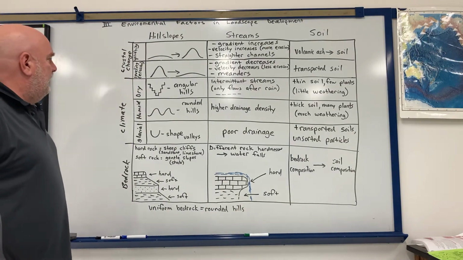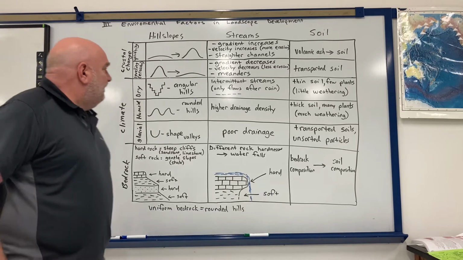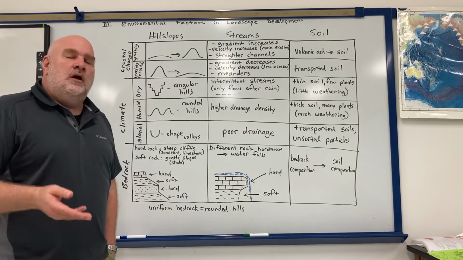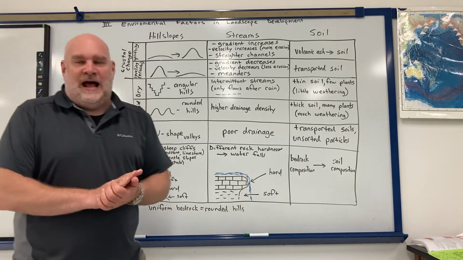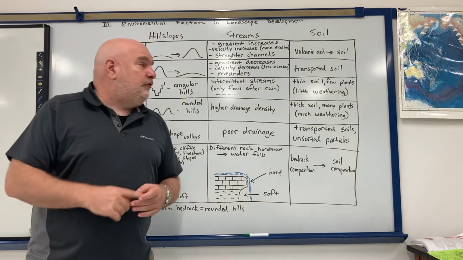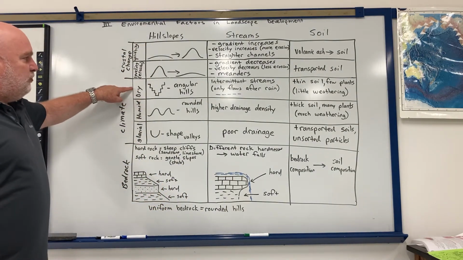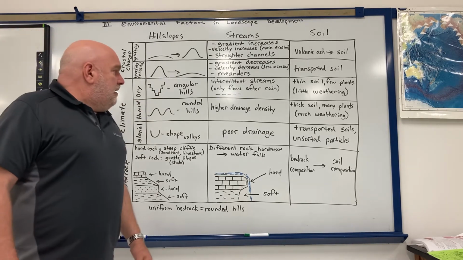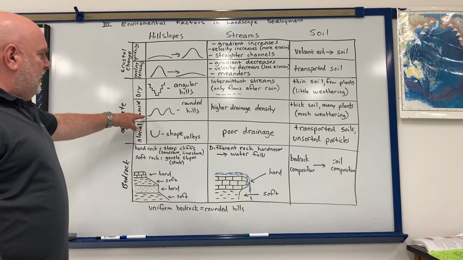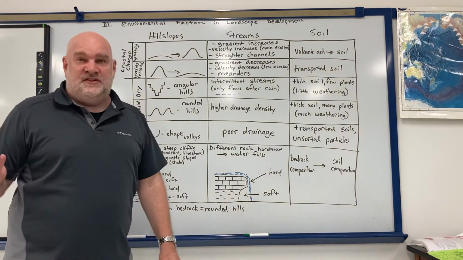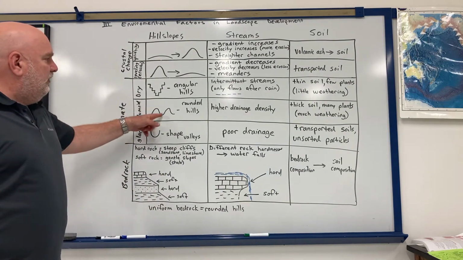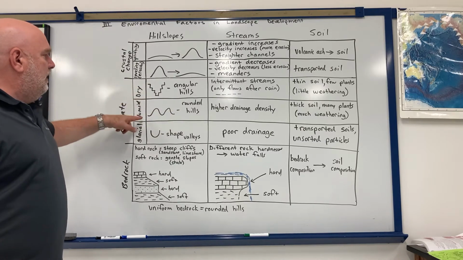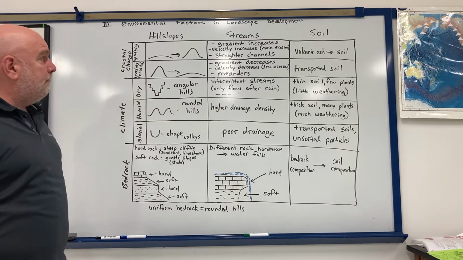Climate. All right, dry climates. If you've ever seen pictures like the Grand Canyon or places out in Arizona, what you'll notice is that a lot of the features out in those areas are very sharp features. In areas that have dry climates, they have very angular hills. Whereas in humid climates, pretty much in the United States, anywhere east of the Mississippi is a humid climate, most of the hills are nice and well-rounded. So angular hills in dry climates, rounded hills in humid.